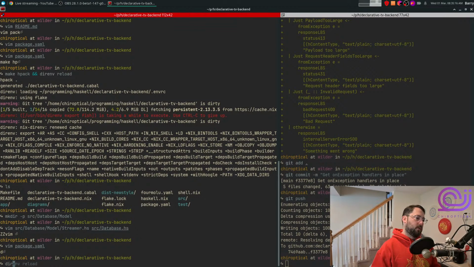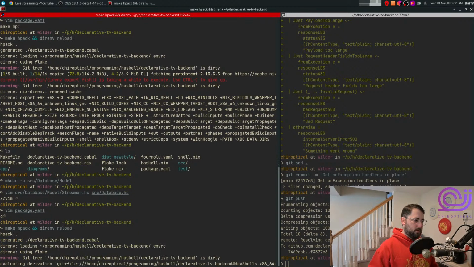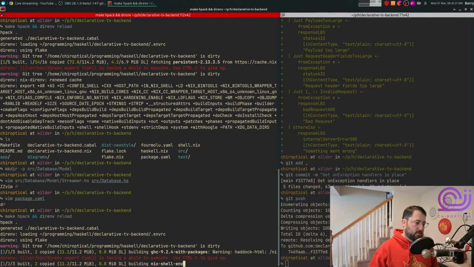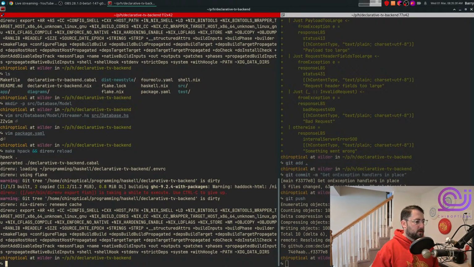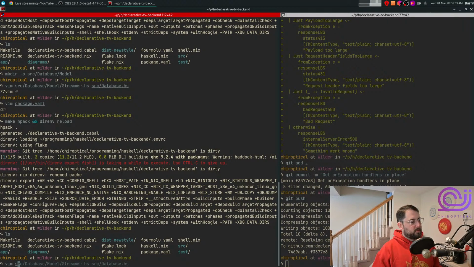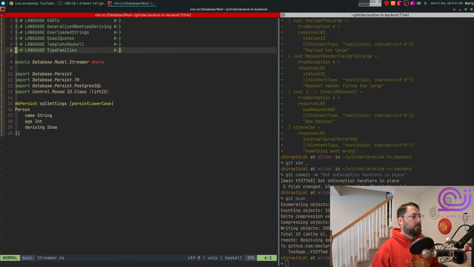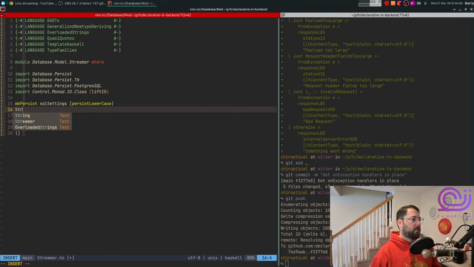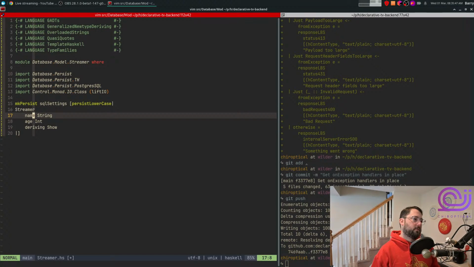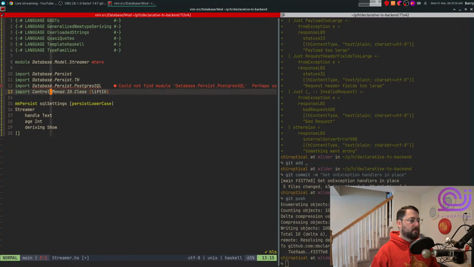And then we can do again HPAC and then your end. So we're just bringing stuff in and making it a part of our GHC version. That's what we're doing. So from here, now we can open up these two things again. Or well, we don't really need the two things. We really just need this. And we can implement a streamer. So a streamer is going to have like a handle. I wouldn't call it a name for obvious, maybe not obvious reasons, but